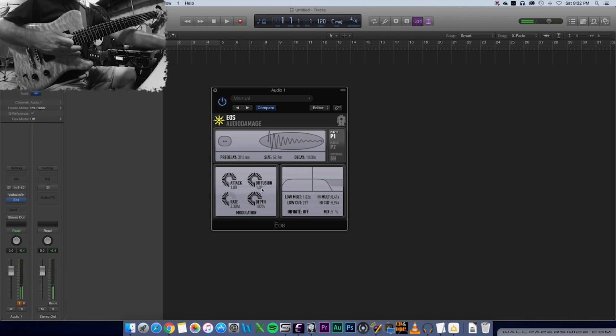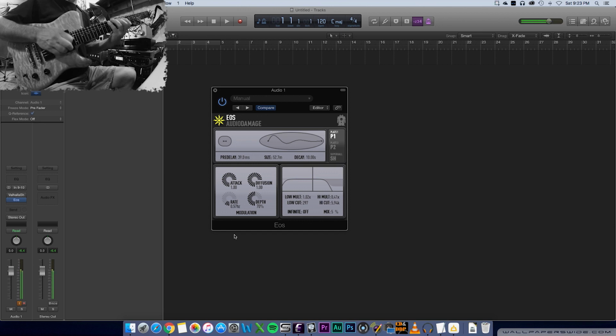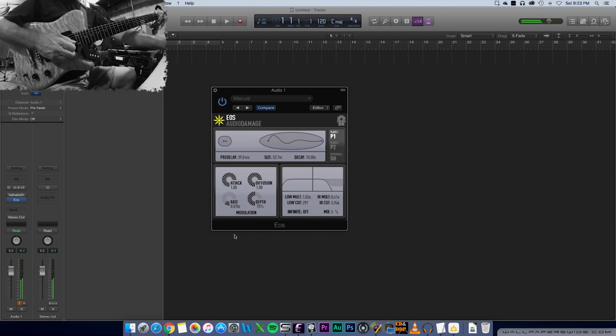Okay, that's out of control, right? Actually, it may be something that you could use for a special effect. Here's a more standard modulation. Okay, and that's plate 1. So that's cool. Actually, I'm going to leave it on plate 1 for just a minute, and let's talk about